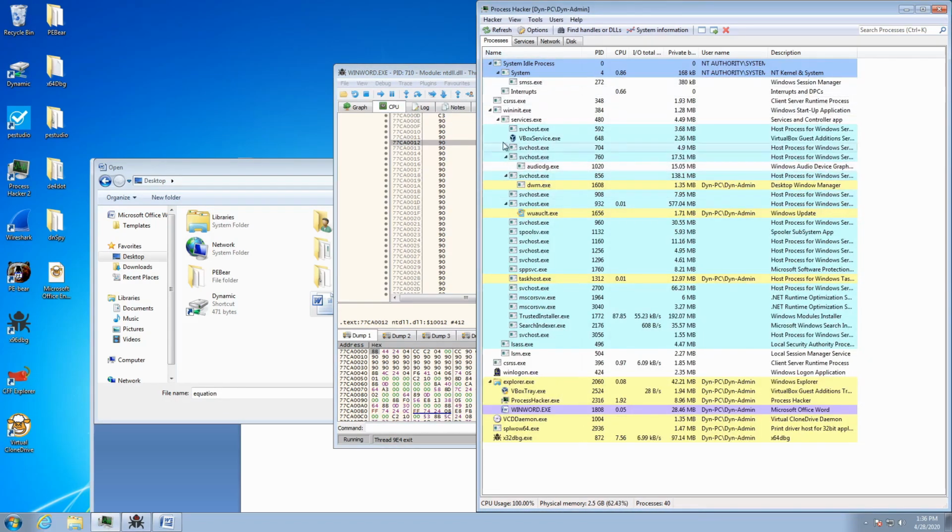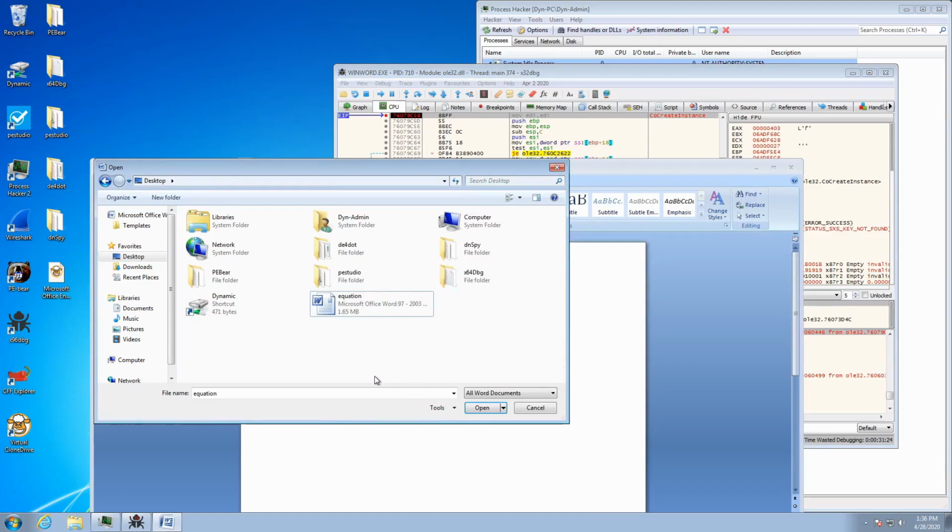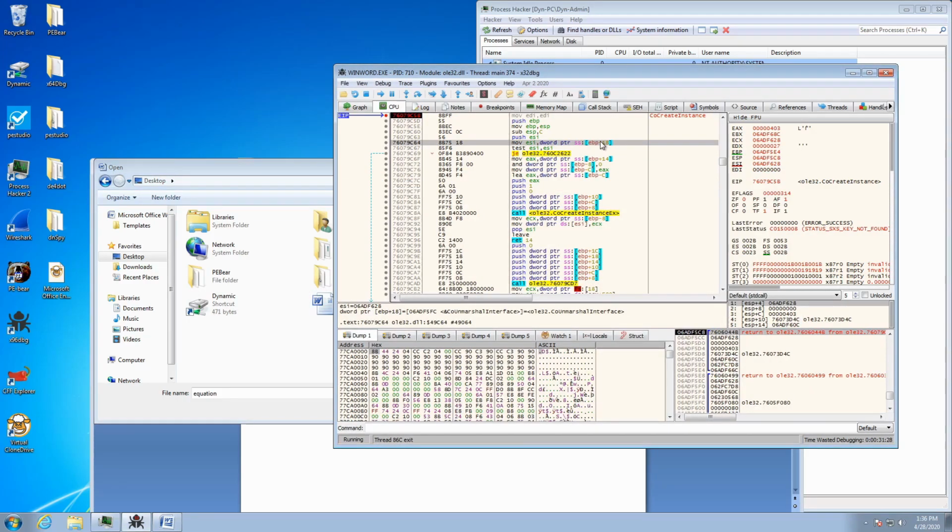And at that point, equation editor will have been created, but it won't have any commands passed to it, and therefore we can safely attach our own debugger. So as you can see, it's accidentally hit this breakpoint here. We haven't really done anything. So let's just Shift F9, and now we can select our process. So we're going to need to run the debugger again, F9,